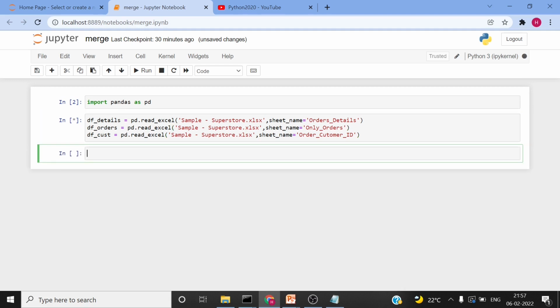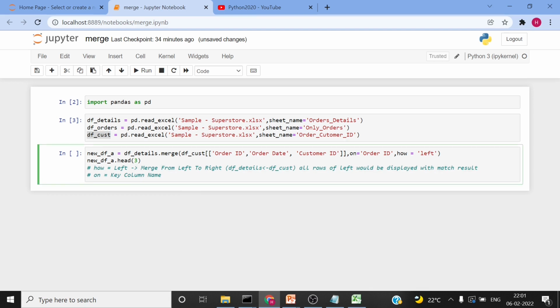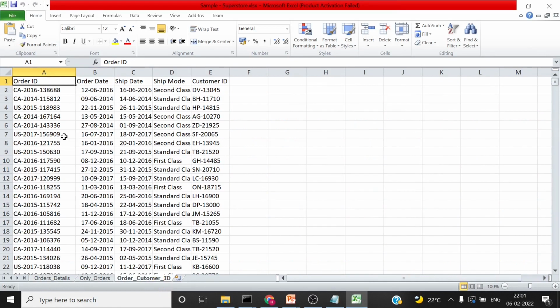Shift enter. Okay, now we have all three data frames. First of all, we will perform a lookup between these two sheets. So here is the code. This is the common column name between both the files: Order ID in this sheet, Order ID in this sheet,